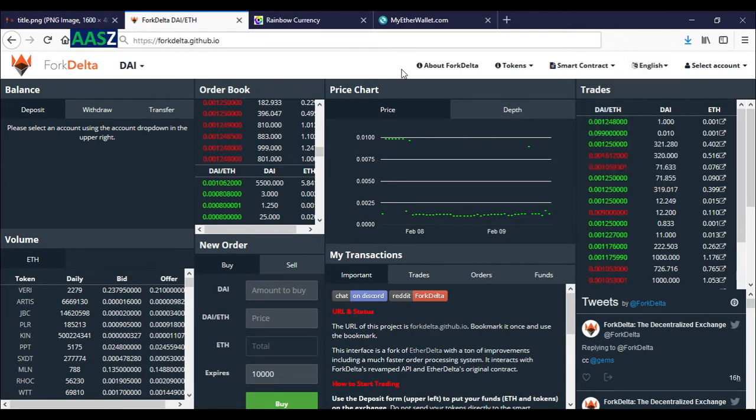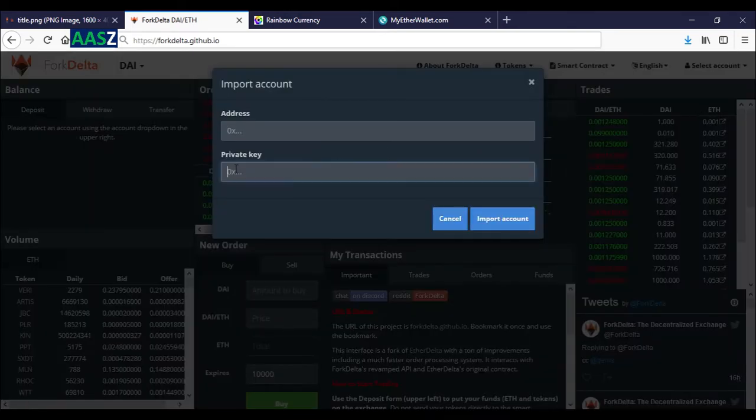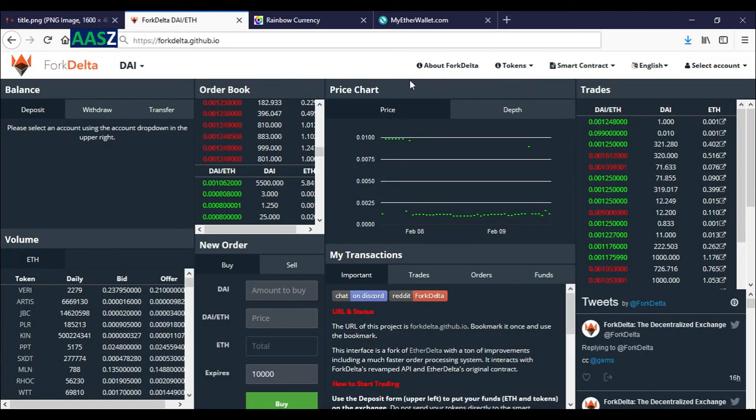For safety and security, do not use the private keys of your main wallet at Fork Delta or any other site. A safer and better way to use your wallets is to install the MetaMask extension. So, if you open Fork Delta in a browser where MetaMask is installed, the options here would be a bit different. We shall come to them later.